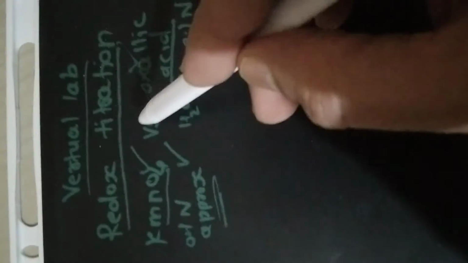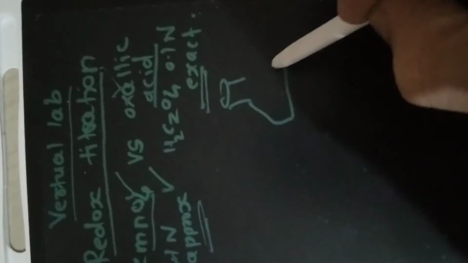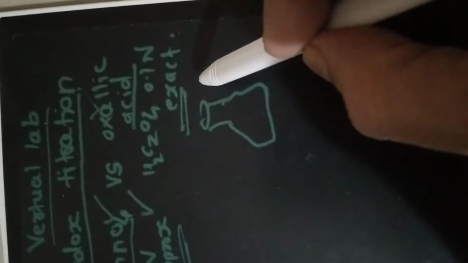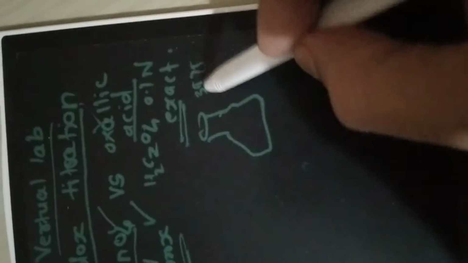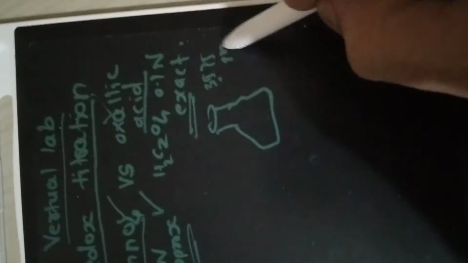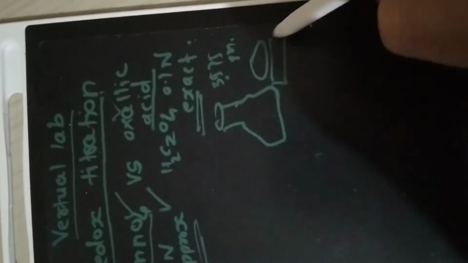KMnO4 is the oxidizing agent, oxalic acid the reducing agent. The titration type is the redox titration. So exact 0.1 normal H2C2O4 solution is prepared in 1 liter by dissolving its equivalent weight. Its equivalent weight is nearly about 3.575 grams, which is weighed on a watch glass on a balance,